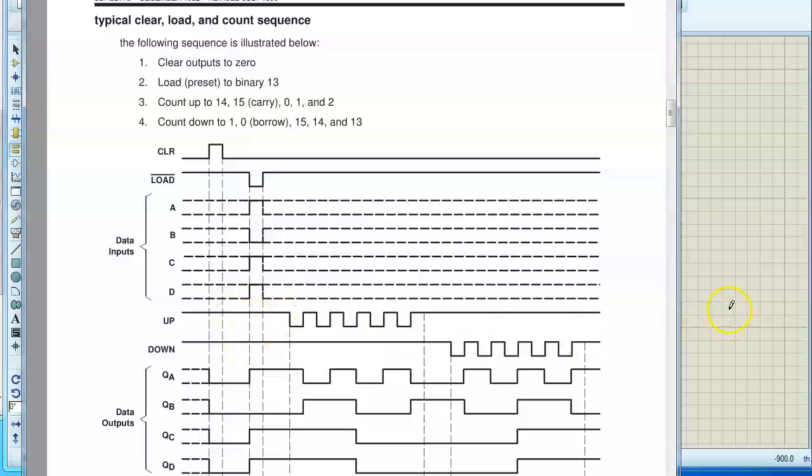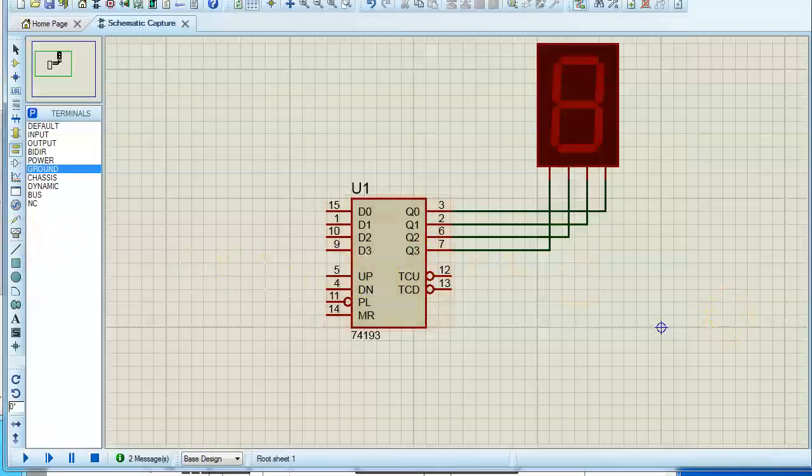Now what I'm going to do is try to load some value, let's say 9. I will start the counting with 9 and I will go for the down counter first. Okay, that's what I'm going to show you first. How to do that? I have to load the value 9 here. Okay, so how can I configure 9? Again, I'm going to take a power terminal and tie the MSB and LSB to 1 and 1.